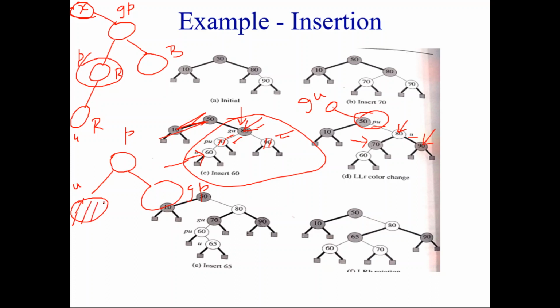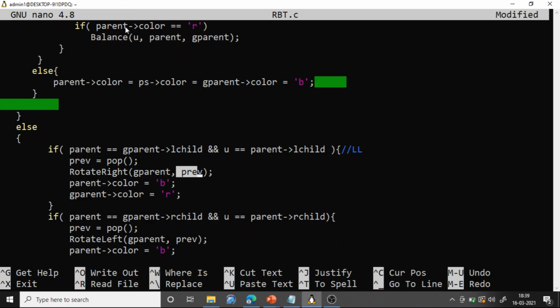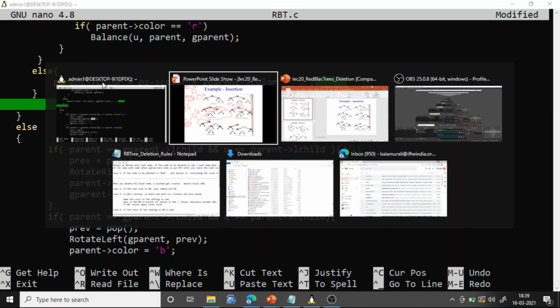Now which color do you want to change? P was previously red, because of that only the imbalance was created. So P should be made black in color. And the grandparent, you can make it red in color. So make P into black and make grandparent red.